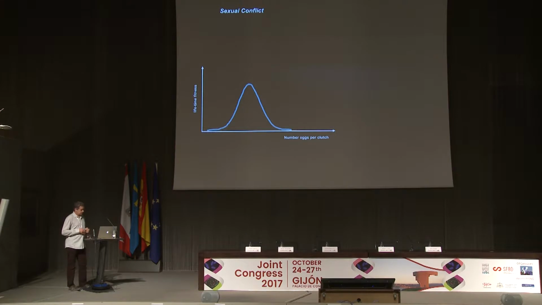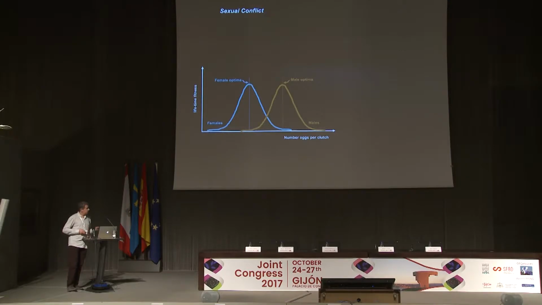If we look at a classic example of sexual conflict, for example, the conflict about the number of eggs per clutch, we see that there is an optimum here in females, and in males the optimum differs, and this is because females usually produce more gametes. Yes, the female gametes are bigger, females are limited in egg production to the size of the body cavity, etc., and thus their optimum is smaller.